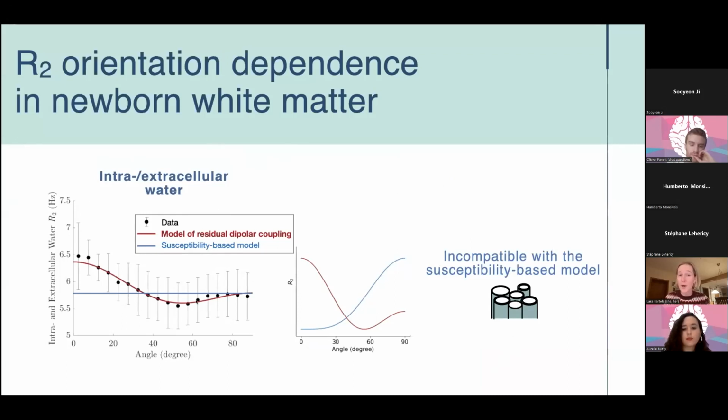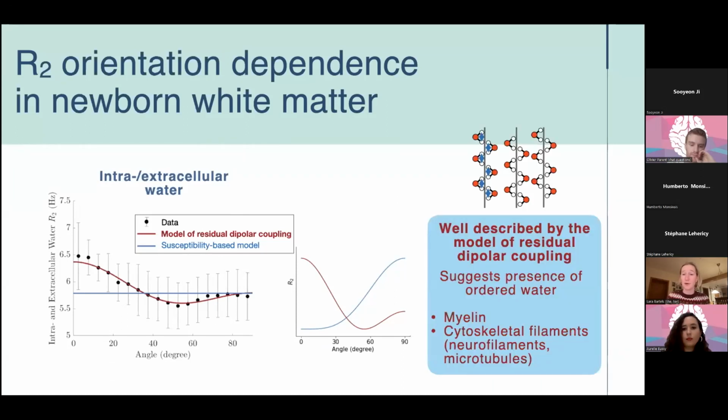But it is actually in quite good agreement with the model of residual dipolar coupling, which is very exciting because that suggests that we do have some presence of an ordered water network in the white matter. And this means that we probably have some structures there that facilitate this order. This might either be the small amount of myelin that is present, or